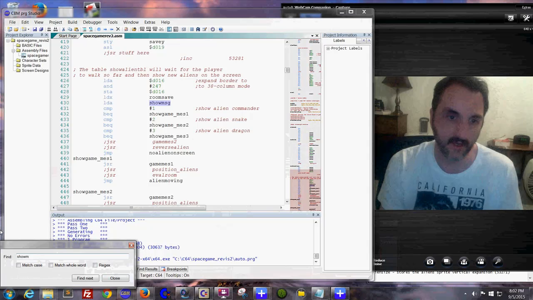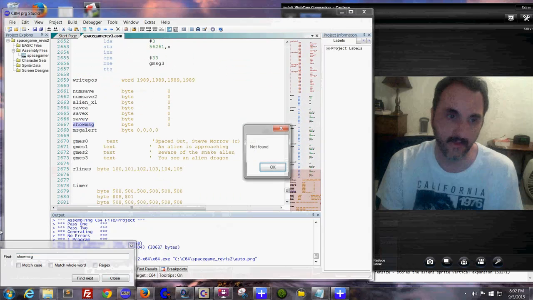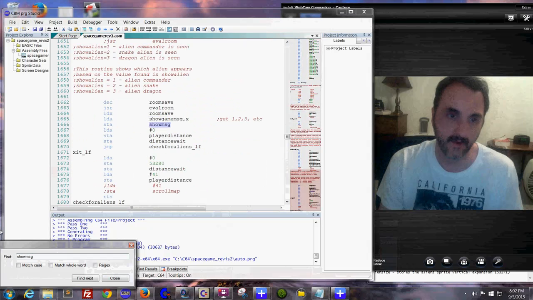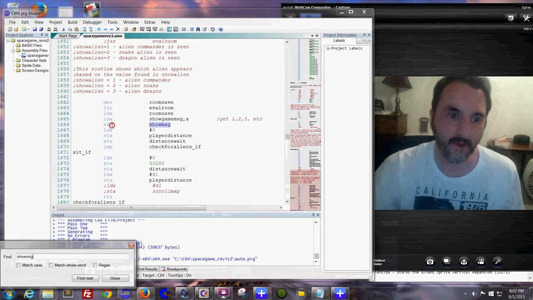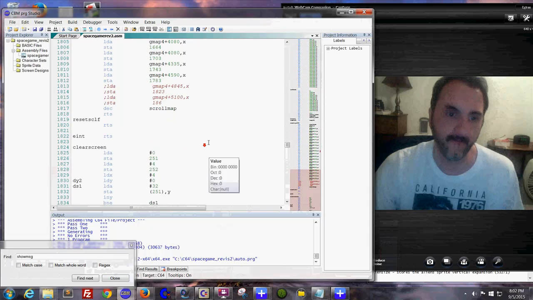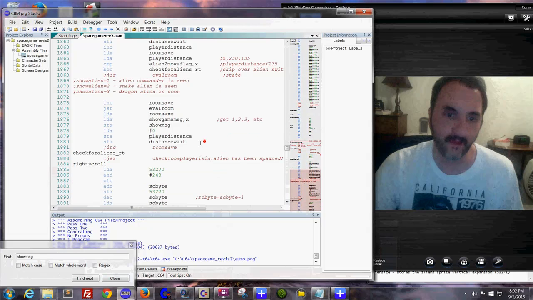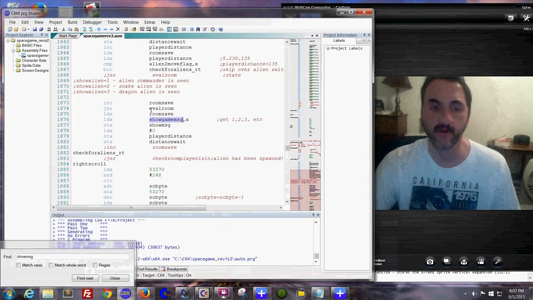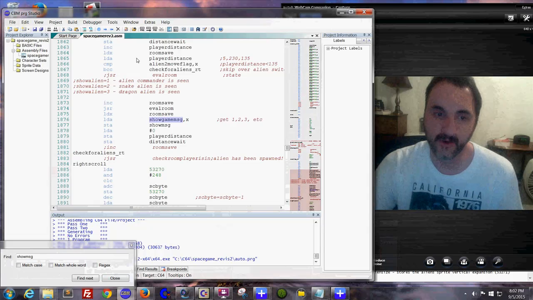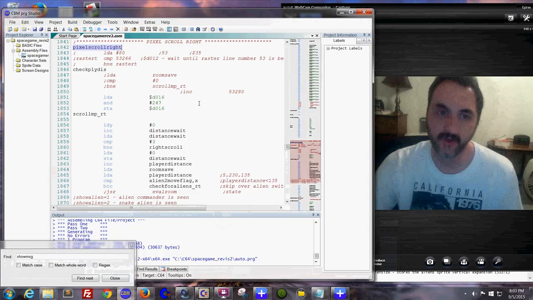Let me see. Oops. It's in the right routine, it's not picking up the right. Let's see. So it's actually right here. So remember what I showed you earlier, those things that's kind of checking the game message. What it does here is, as you're scrolling, keep in mind this is the pixel scroll right, as you're moving the joystick over,